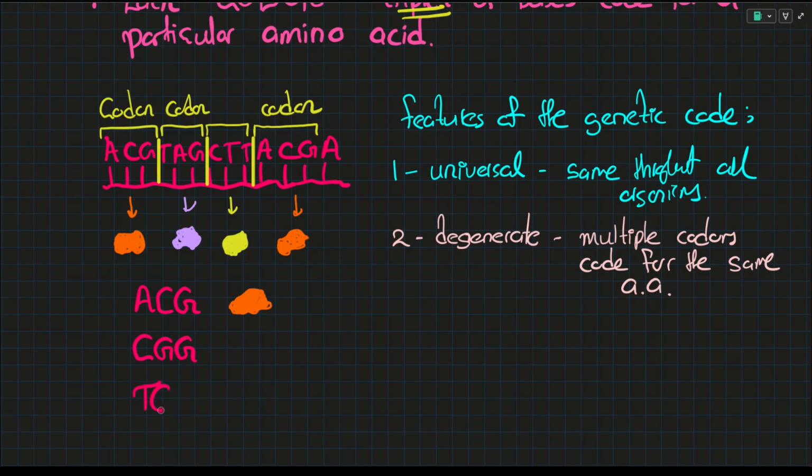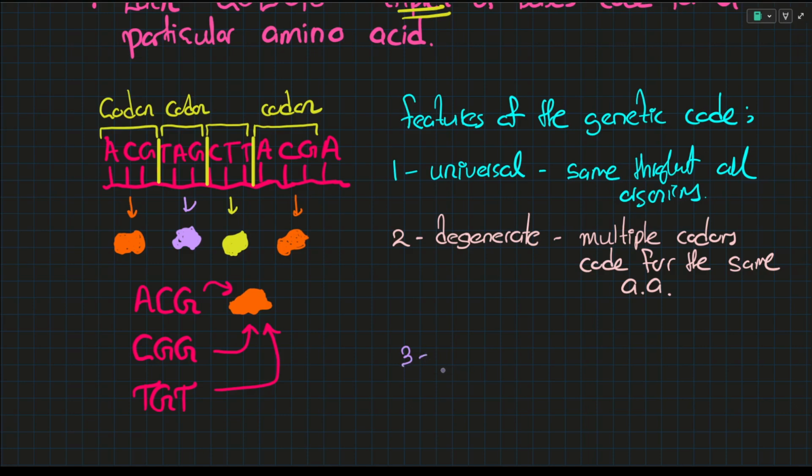Maybe TGT also codes for the same exact amino acid. Now, why is this there? This is there because even when our DNA mutates, we can still try to preserve as much function as possible. Now, what on earth is DNA mutation? That's the last part of this chapter, so I will not be diving deep into that, and you don't have to understand too much context when it comes to that. Just so you know, the genetic code is degenerate.